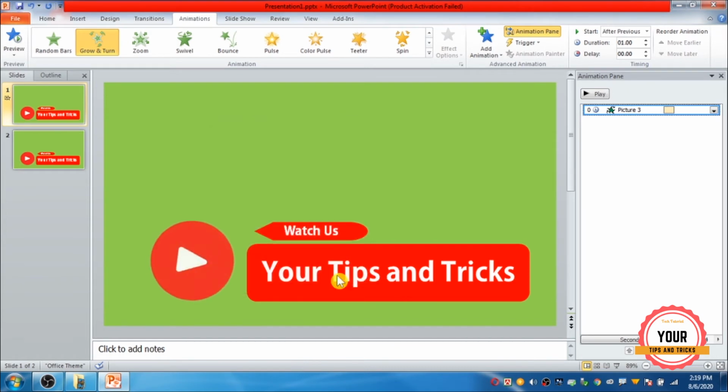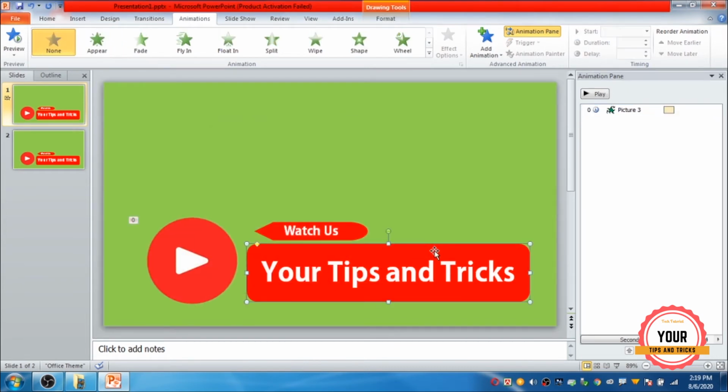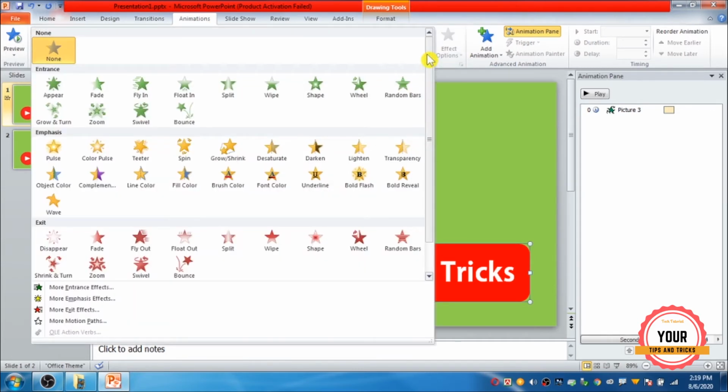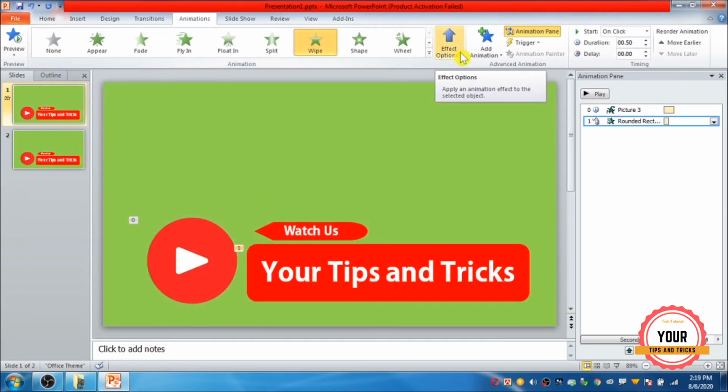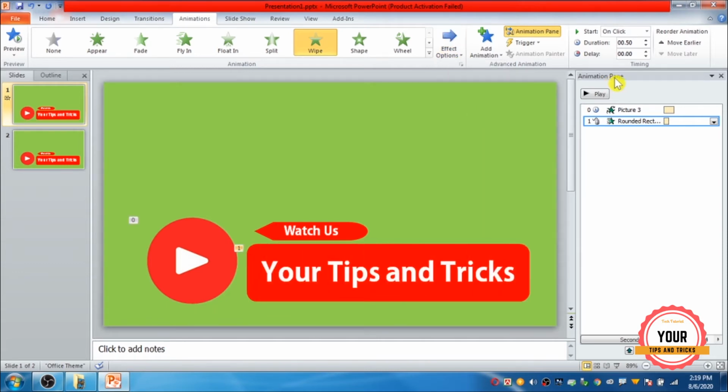Click on OK. And secondly select the rounded rectangle shape, go to Animation and click on the drop down list. Under entrance select Wipe and next go to the Effect option and select From Left. Under Animation Pane go to the second animation, click the right button of the mouse and go to the Effect option.